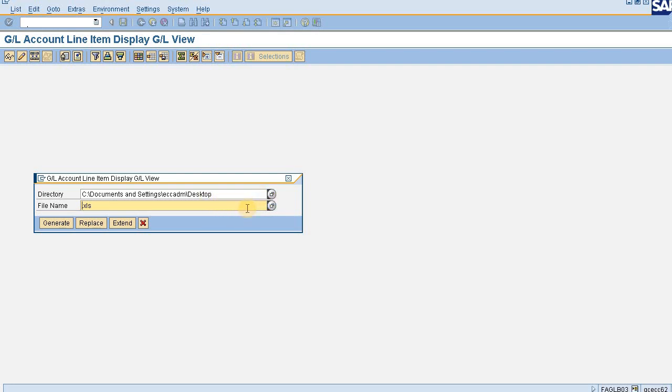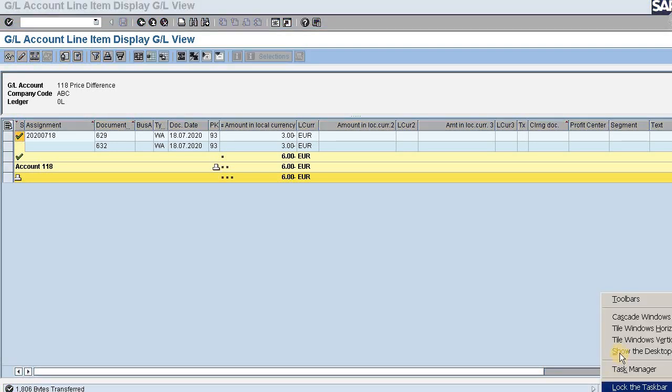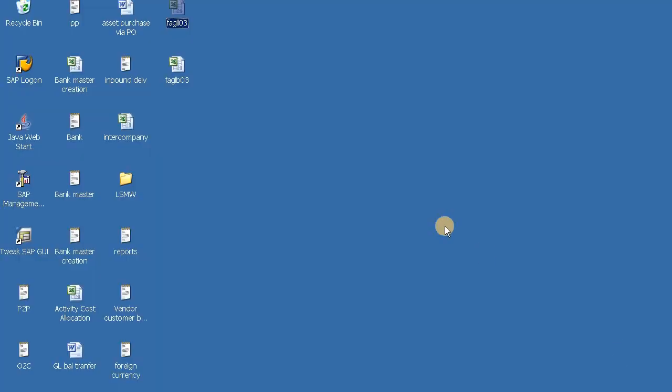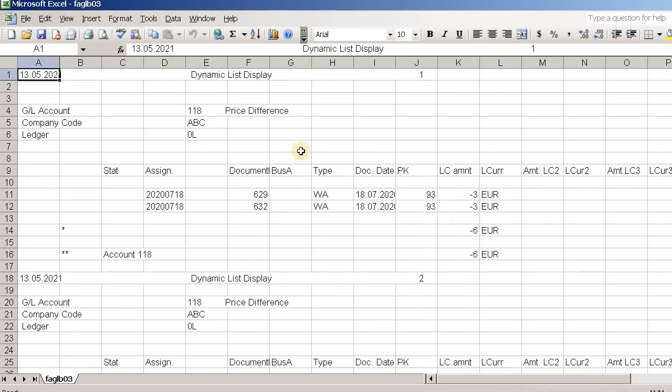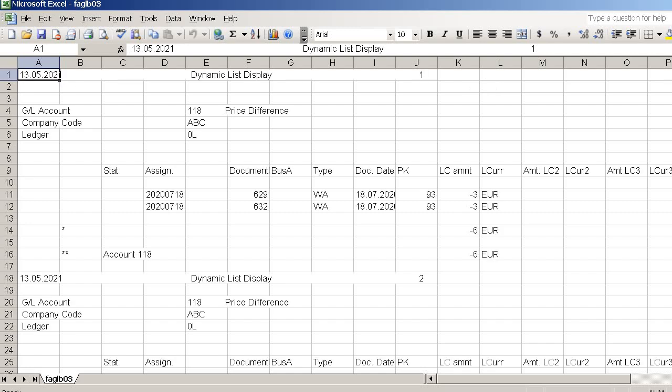Now I will give the file name FAGL-B03 and generate. It is generated. Again let me show you the file. Yes, this one. So SAP was able to fetch this report as well.